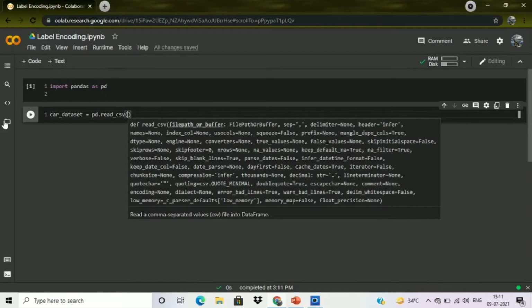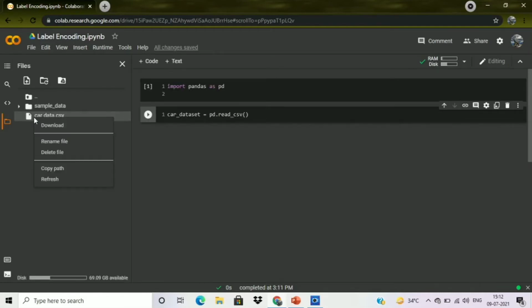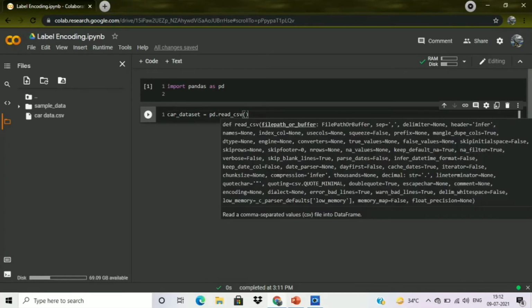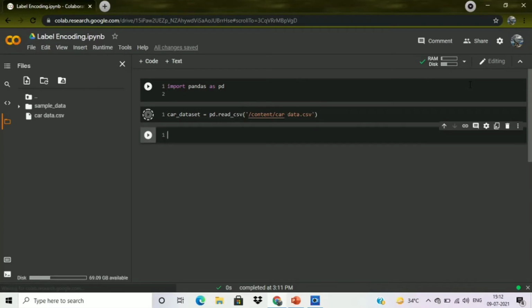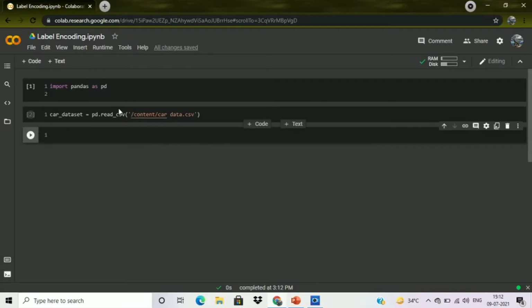Now let me copy the path. Now let me run this. The code is perfectly running. Basically, I'm just converting this into a pandas data frame, and I'm loading it into another variable, car dataset. Now let me show you how this data frame looks like.